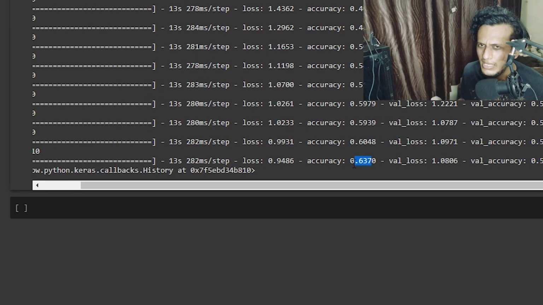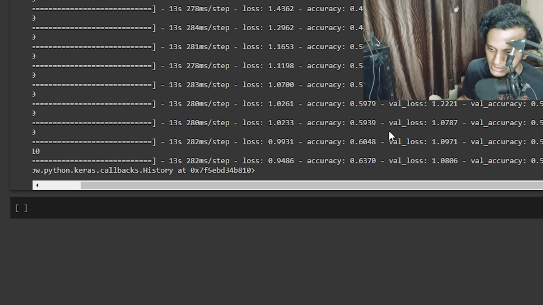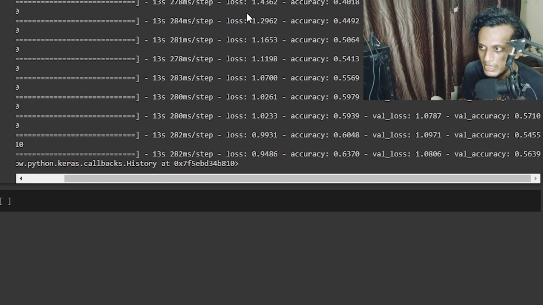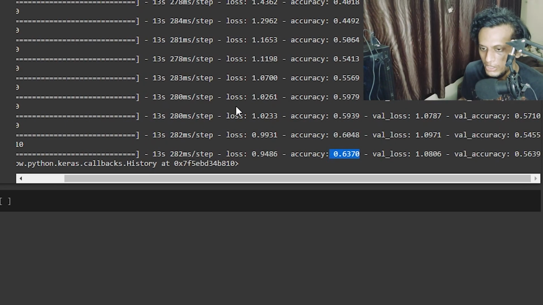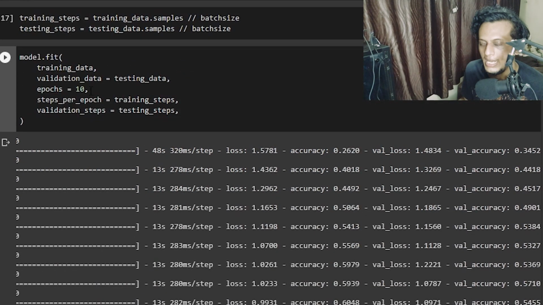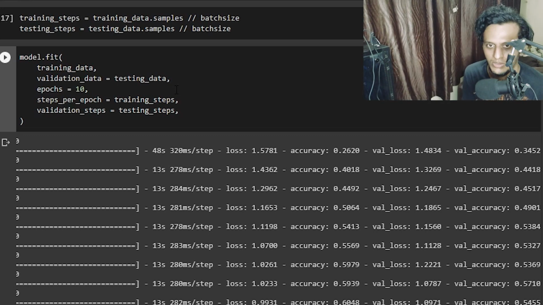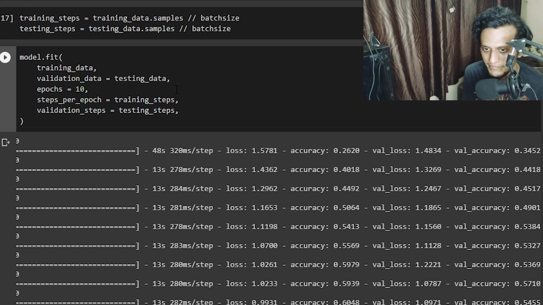So what are some of the ways? This network has actually been caught between, I would say, a high bias and high variance problem. The accuracy over here is not increasing, so it has not been able to learn a lot of the parameters from our data, so we can increase the number of epochs. Try to make them 15 or 20 or somewhat like that. You can try that. That is one of the things.